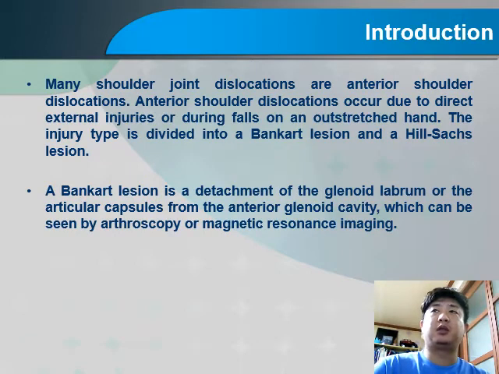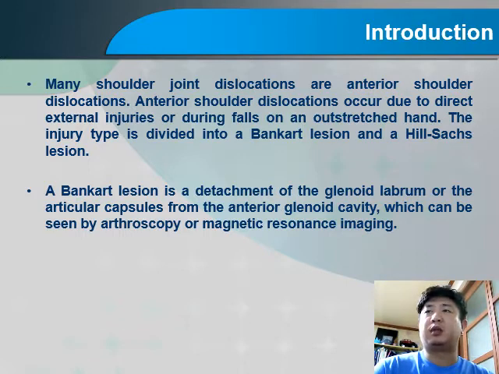Many shoulder joint dislocations are anterior shoulder dislocation. Anterior shoulder dislocation occurs due to direct external injuries or during a fall on an outstretched hand. The injury type is divided into Bankart lesion and Hill-Sachs lesion. Bankart lesion is